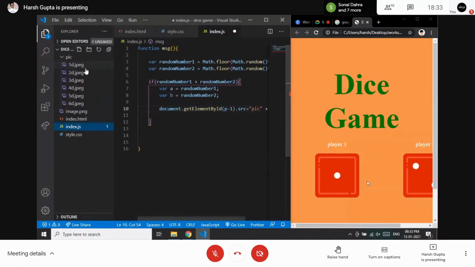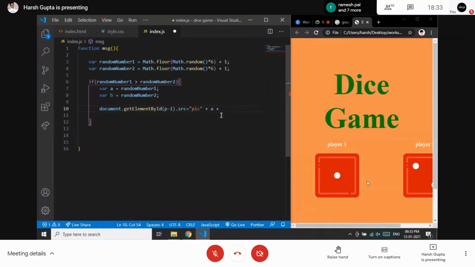Okay, so now I can see here this is 1D, 2D, 3D, and 4D. So the number which I will be getting is 1, 2, 3, 4, so I need to write the D as well. I need to write D.jpg. I have written this. The same I will be writing for the other one, player 2, a 2, and this should be a B. Let me just check it.